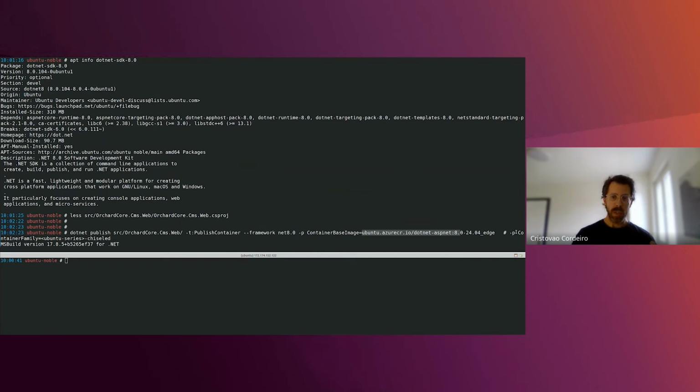But we could also use, as I said before, the container family. Both options would work just fine. The latter, you would just need to pass something like noble-chiseled, and the SDK would automatically fetch the chiseled image from Microsoft's registry. So here we can see the build ongoing, and we are going to the last step here